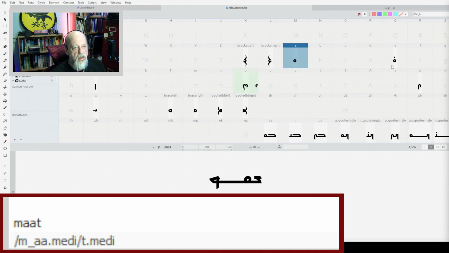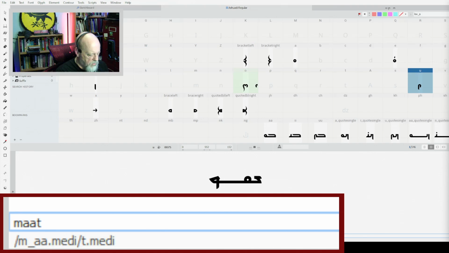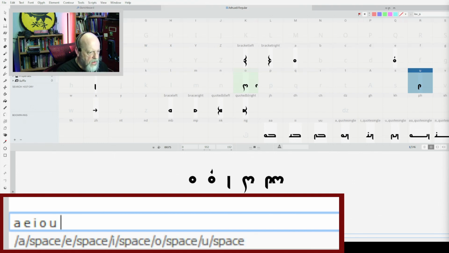So there's A. That was what I was going to do for E, but I don't think I'm going to. This is I. Oh, you saw. And that's U. So if I go back down here and type them in with spaces, you have A, E, which is not the way I'm going to do it. I, O, U, A,